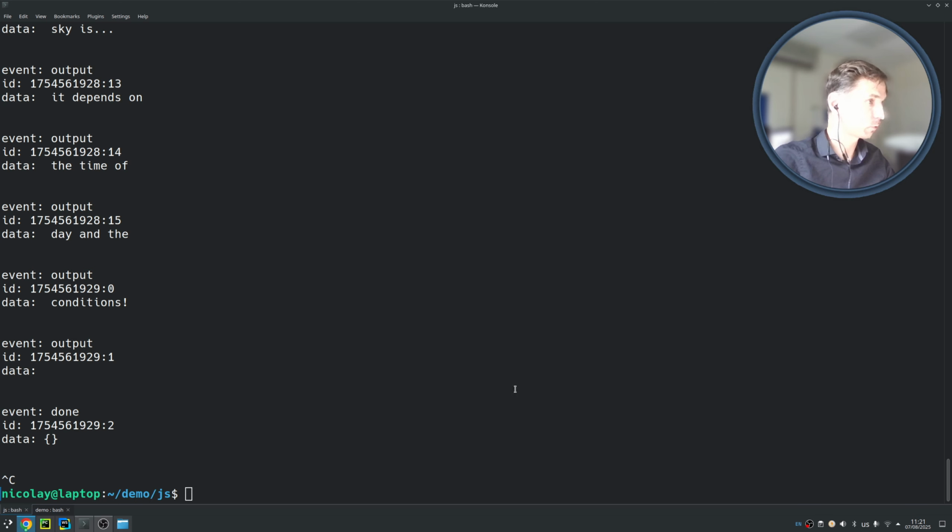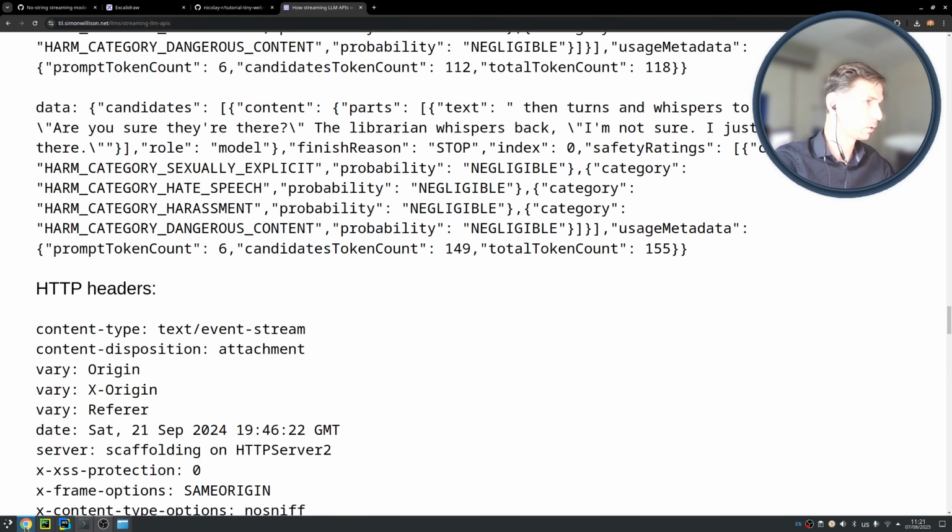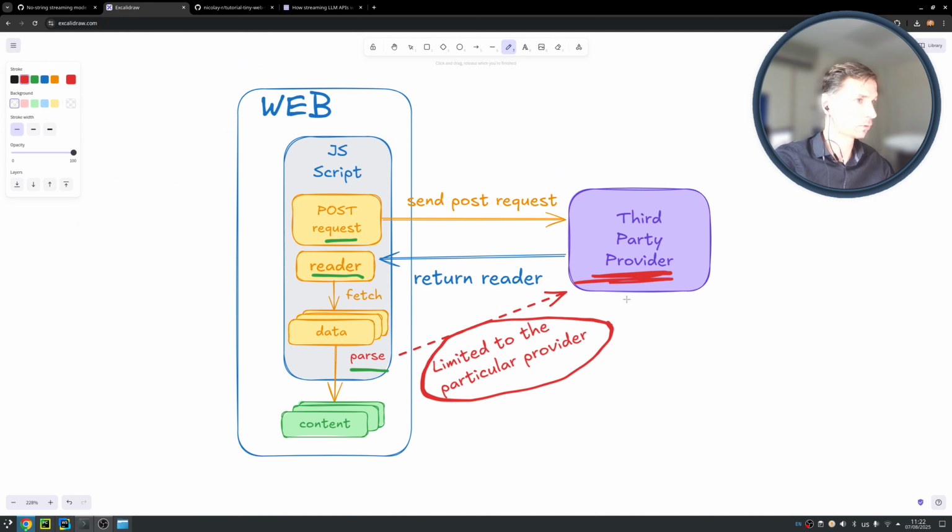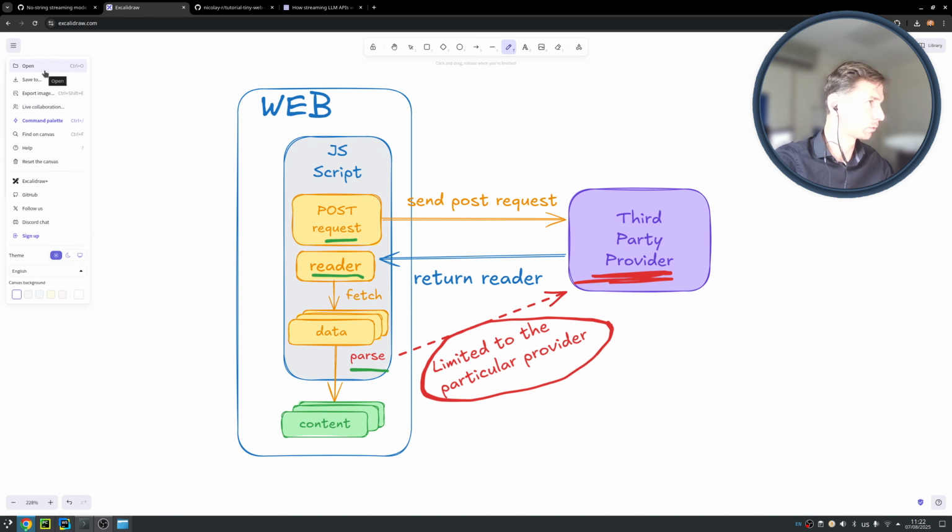Okay, but nonetheless, this is the approach that you can have, and use the script to integrate this in the demo that we will see later on in another format. Let's switch to the second part of the video, where we particularly address the problem that we've seen in this diagram, and in particular how to cope with the parser dependence on the third-party provider. So this brings me to show you